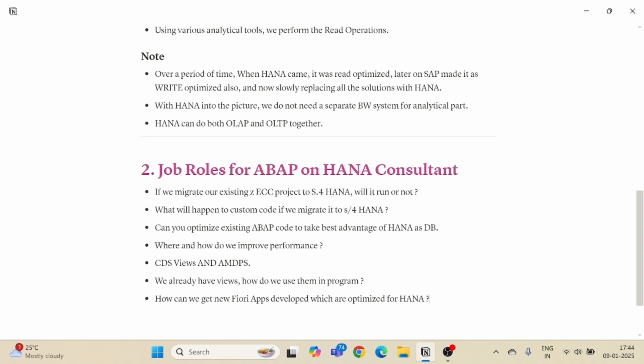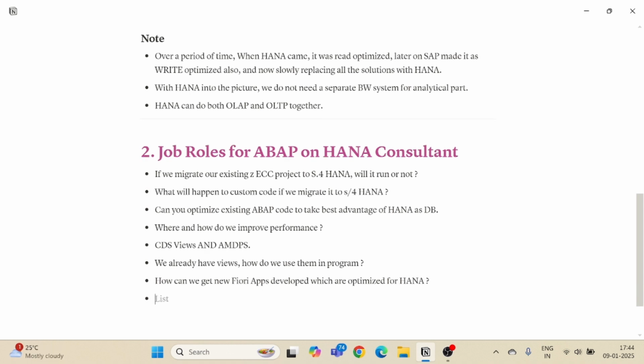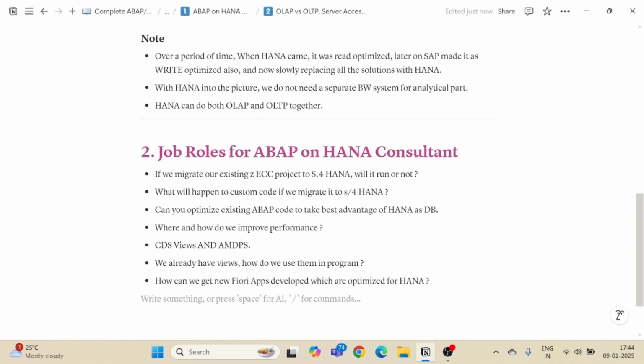Okay, all of these things come into the picture of ABAP on HANA consultant. So these are the job roles that we are expected to do if we are migrating. How does my Z code react? What are the changes that we need to perform? And what is the performance efficiency of our ECC and S4 HANA if we compare our ECC system with our S4 HANA system? Okay,